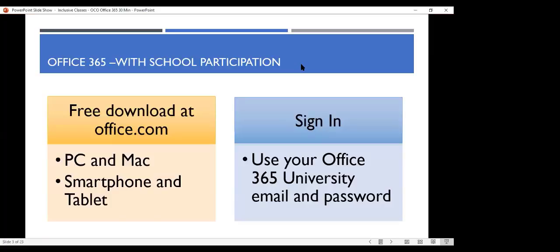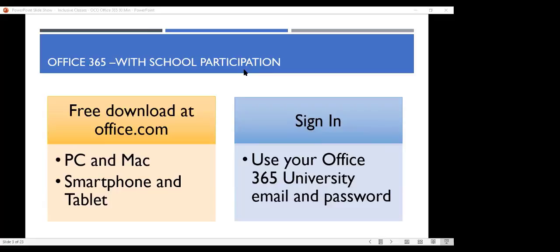Office 365, if your school is participating, is a free download at office.com. It's important to know this because sometimes when students come into CTI for help, usually with a password reset, I tell them, do you know you have Office 365? Sometimes students will buy Word and PowerPoint and things like that. They don't need to. If your university is using Office 365, they get that for free. It's available for PC and Mac, smartphone and tablet, and through web browsers; Chrome users can use them. I believe it's 5 devices, so it can be on all over the place. So students have no reason to purchase it if your university uses that.